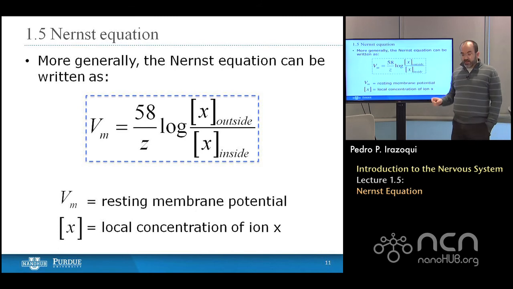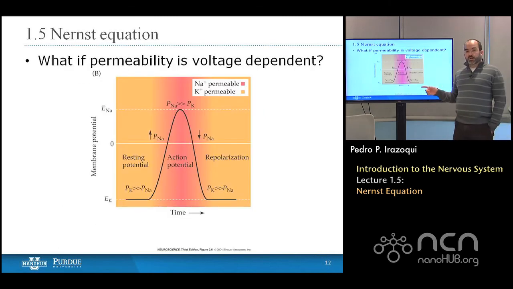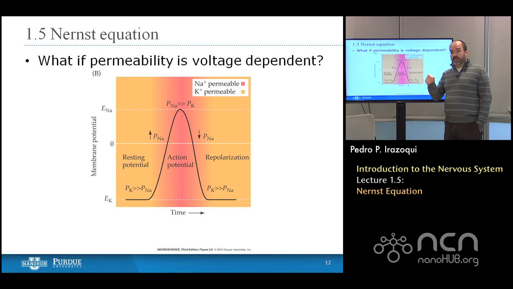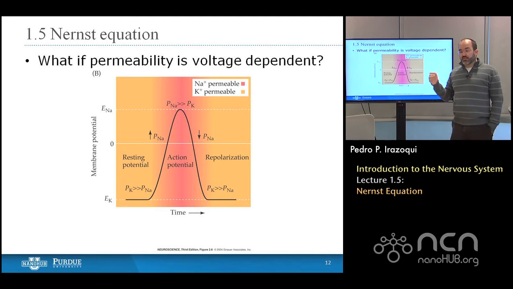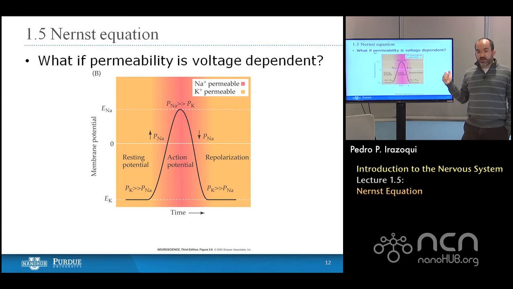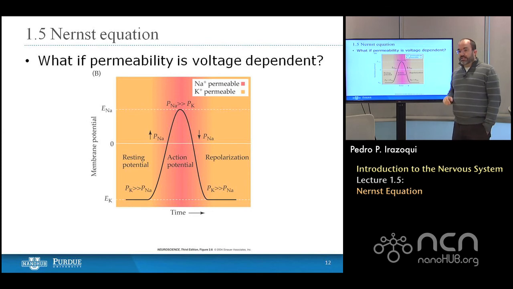And if you plug in the measured values of concentrations for potassium inside and outside the cell, it will predict a resting membrane potential for potassium of minus 65 millivolts, and it'll predict a resting membrane potential of around plus 20 millivolts for sodium. You can take the values from earlier in this lecture and plug them into that equation and see for yourself. So, at the end of the last lecture, we talked about what would happen if you had a membrane